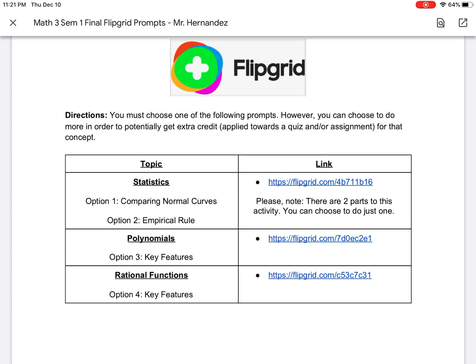When you do the Flipgrid, I want to make sure that you take a few seconds to record your face and introduce yourself. Just tell me which option you're gonna do, and then you could pause it, and then you could screen share and show me everything that you want to show me and say. Make sure that you do include your face, and I'm not going to share these, so you don't have to worry about other people seeing it. So that's the first component.